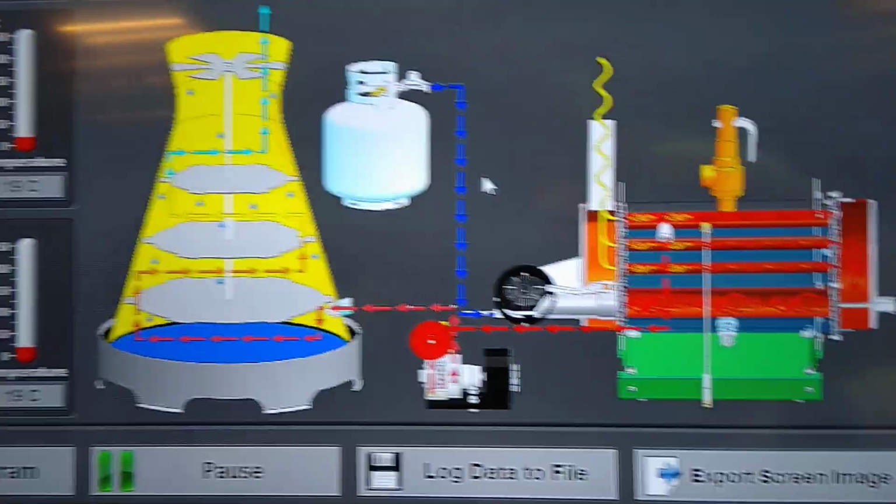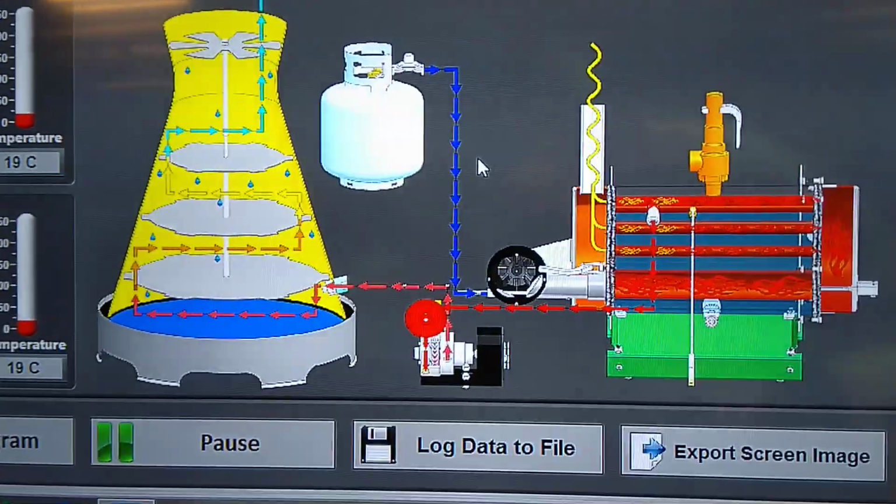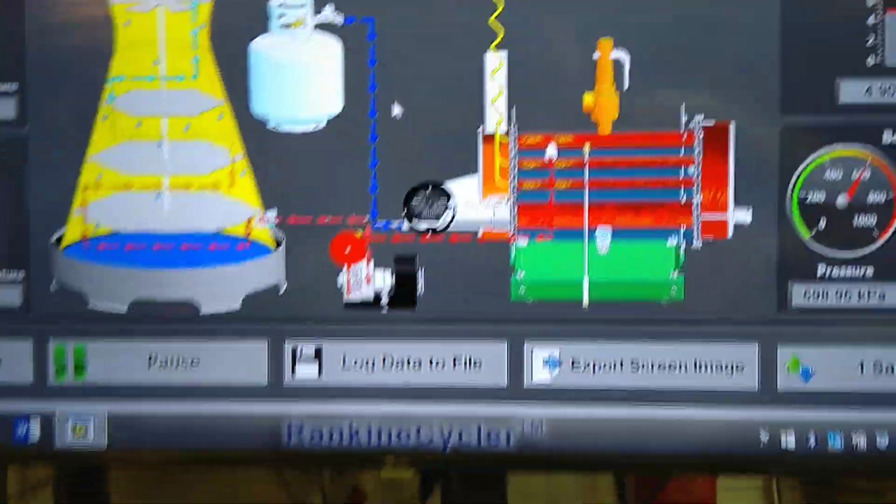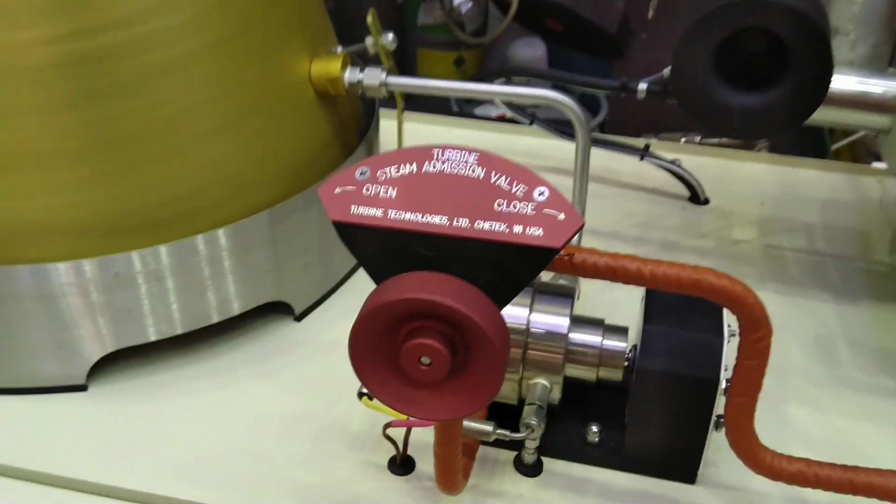And all this will be stored in Excel format for your use afterwards. And just one more detail is, of course, that during this procedure the steam admission